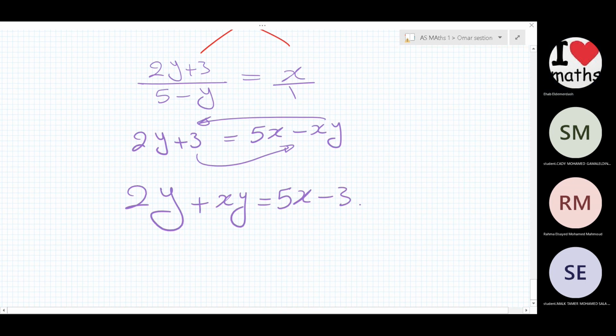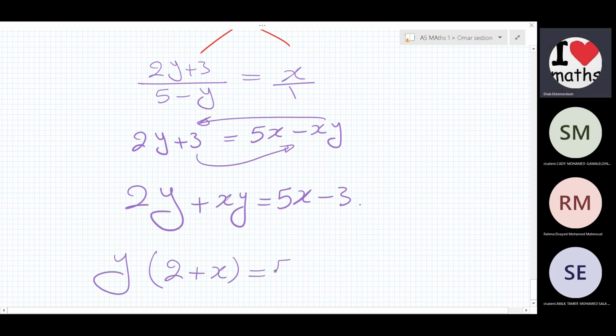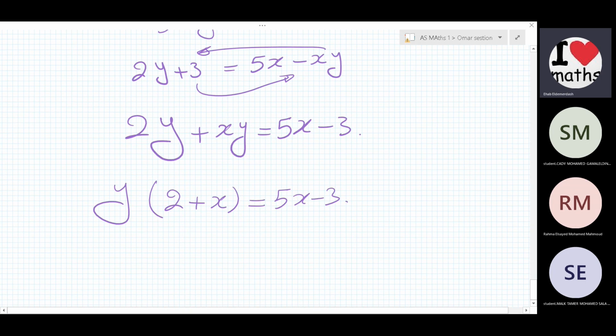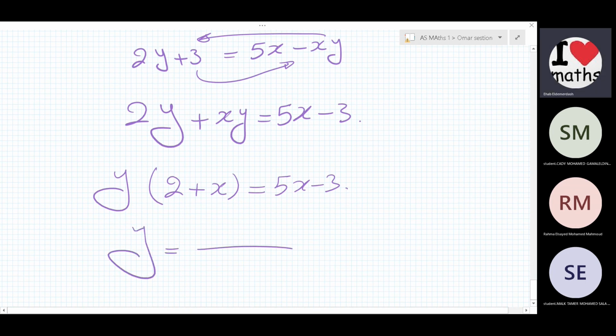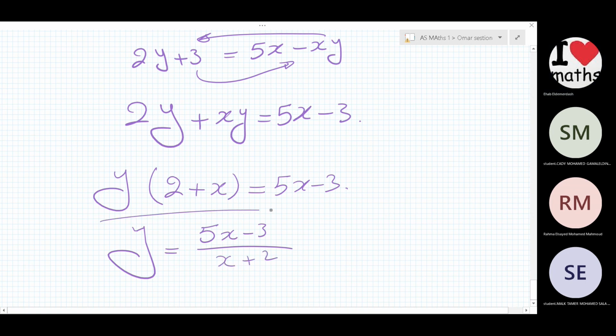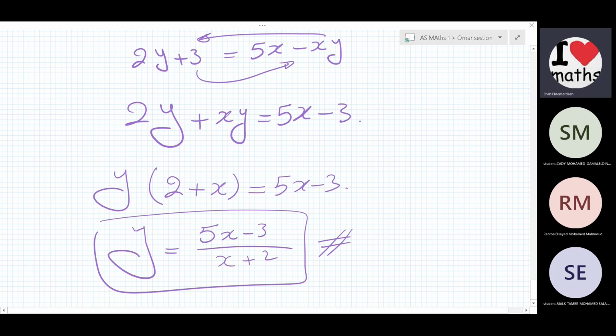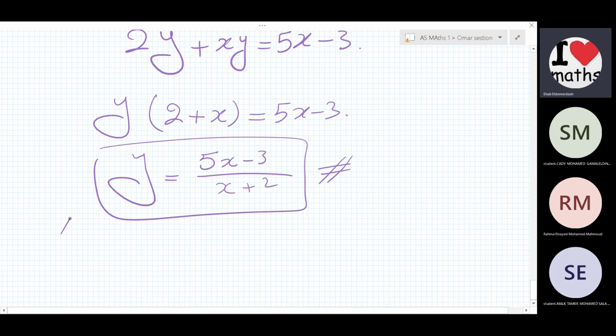Are we clear on that? لغاية دلوقتي فيها مشكلة؟ طيب I'll take y as the subject, يعني y common factor. What will be the remaining? 2 plus x, equal 5x minus 3. طيب what will be the next step? y will be 5x minus 3 over 2 plus x, or x plus 2. Are we clear يا عيال on this one or not yet? مفهومة كده اللعبة دي؟ Is it okay؟ Could you try to make one on your own؟